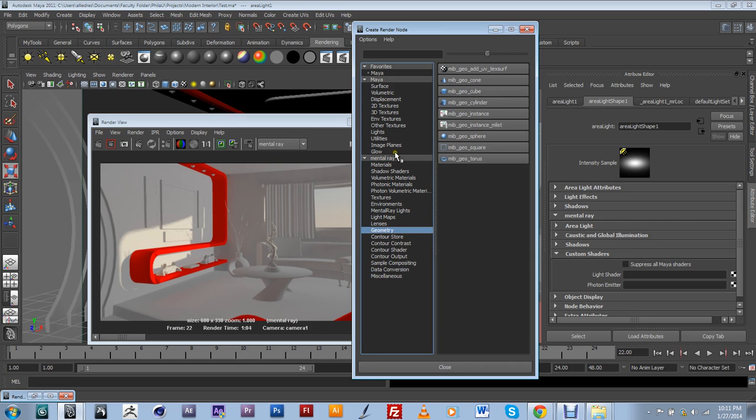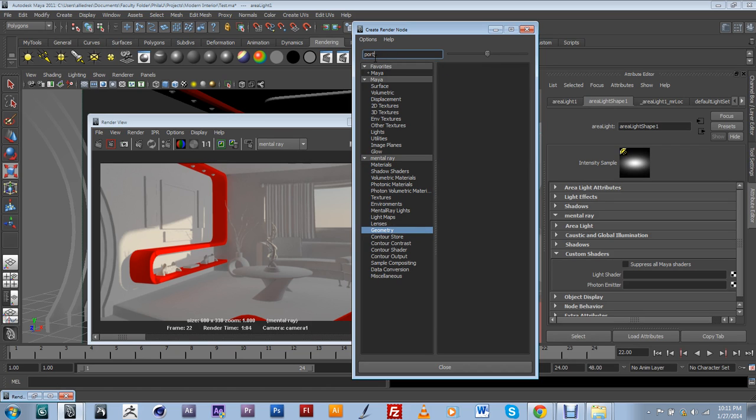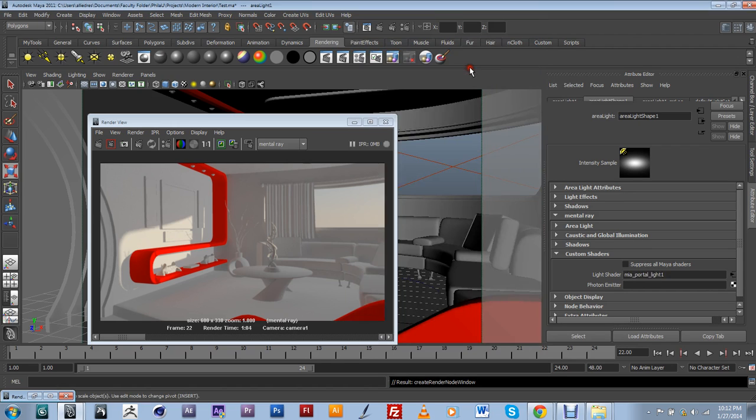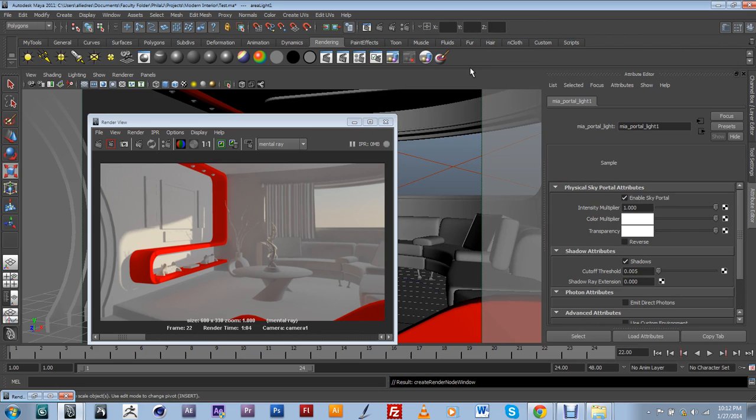okay, I can't remember what exactly it is, but I can just find it by typing the name here. I'm just going to do portal under mental ray. Alright, so I type portal, and it's going to take me to this Mia portal light. Alright, and I'm going to go ahead and open that. And now it's going to give me a different node for this light,